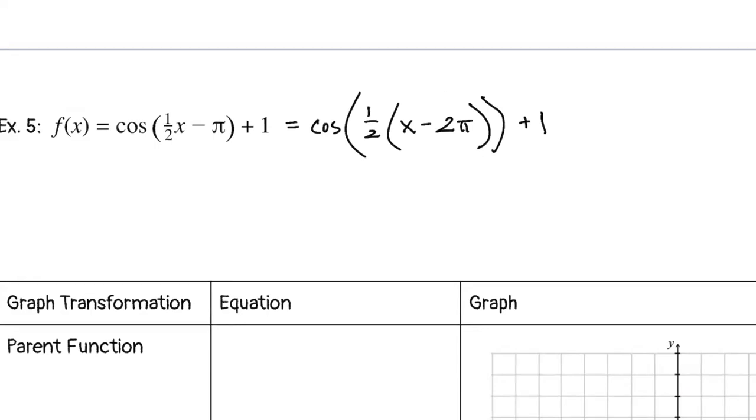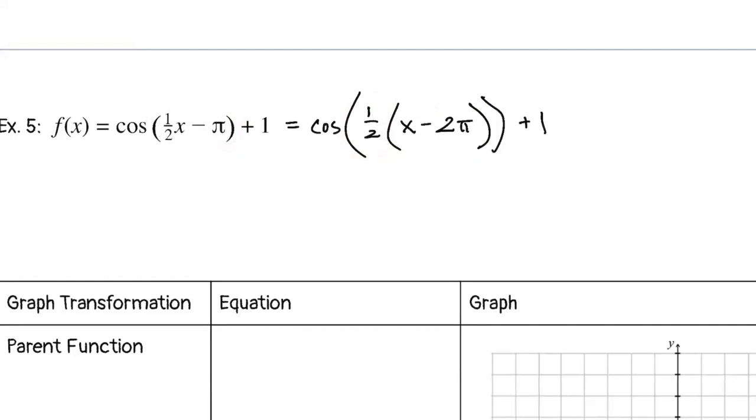Now I do want to do this example together because I think it's tricky when we're factoring out a fraction. But one of the easiest ways is to factor this out and then think, okay, 1/2 times what is going to give us pi? And I think we can all answer that, right? 1/2 of 2 pi is pi. And so that's why we have a 2 pi after we factor,